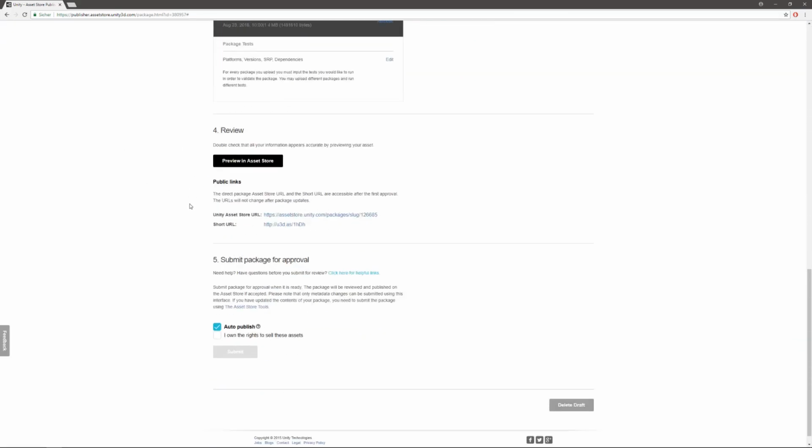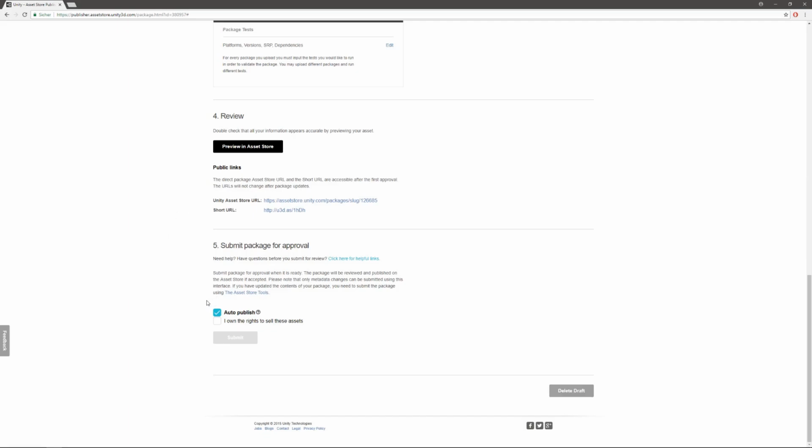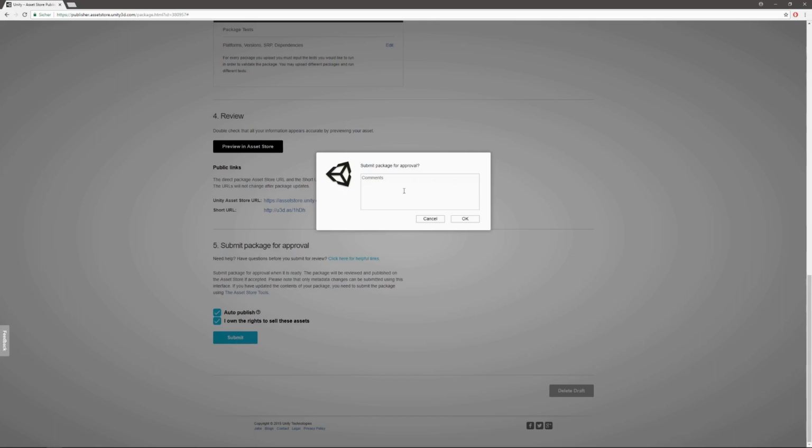The last step is now submit package for approval. Check: I own the rights to sell the assets. Click on Submit. Here you can type in nothing, or you can leave information for the editor of your package, for example, a quick update for a bug fix.